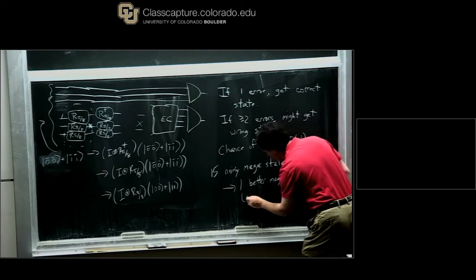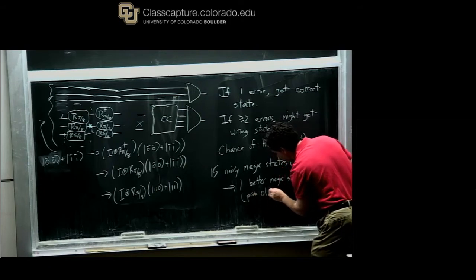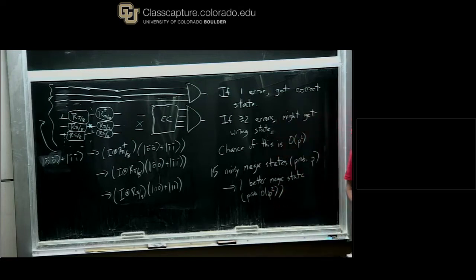with error probability O of p squared. Okay? So does everyone understand that? Okay, so the other thing